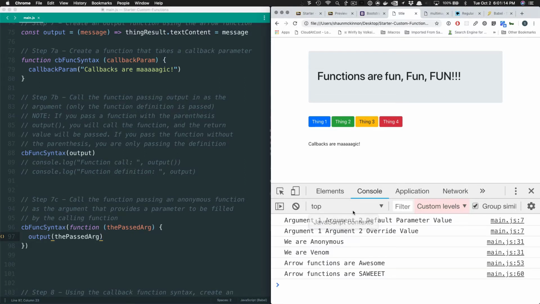If I refresh, you're going to see callbacks are magic still. Nothing got overwritten. And the reason is, get ready for a bit of a mind break. We have our function. This is our callback definition, right? Here, we are invoking our function and passing it an argument. When we write this, we're essentially templating this over top of this expression, which means the passed arg is what